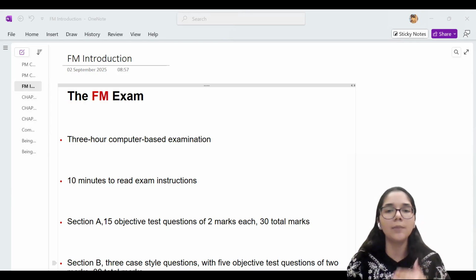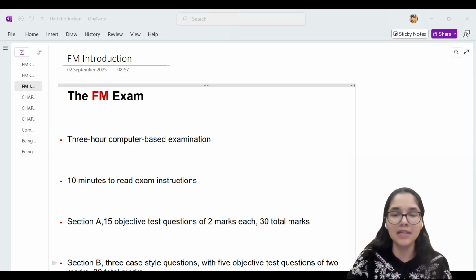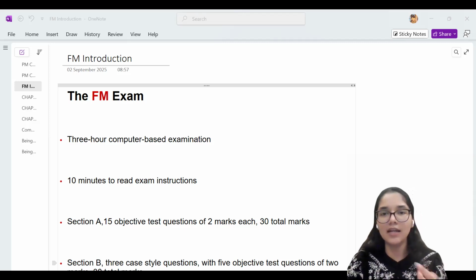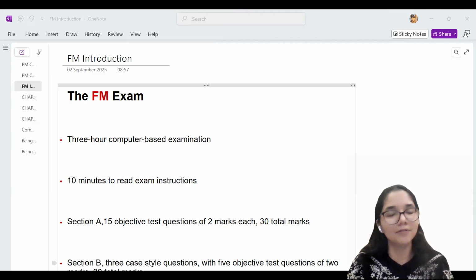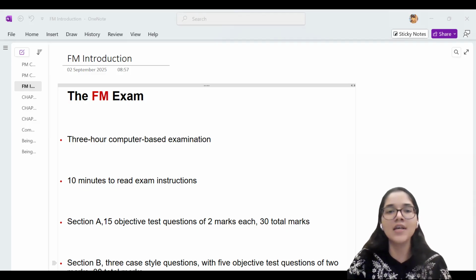We will talk a little bit more about the exam, what all is there as a part of the FM syllabus, and then we are going to proceed further to how we are going to move ahead with our course, and then ultimately we will start off with probably the first chapter of the syllabus. Let's see how the flow of the session goes.